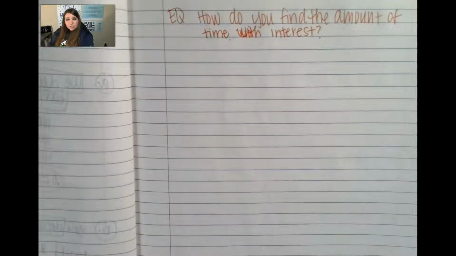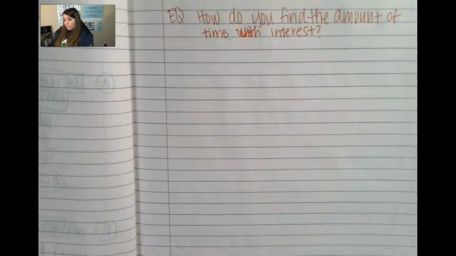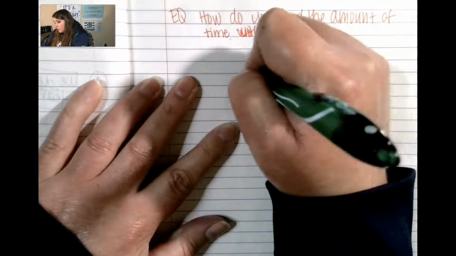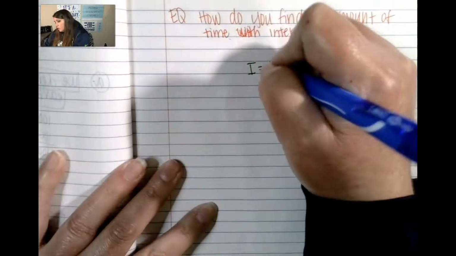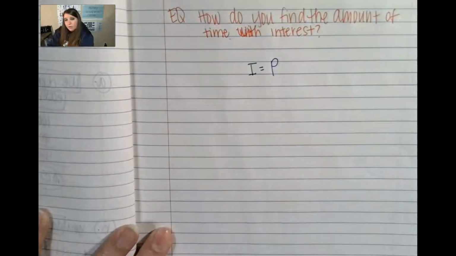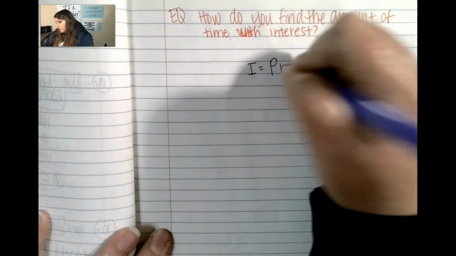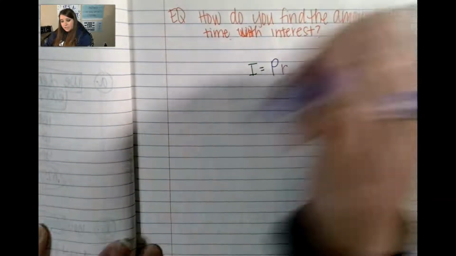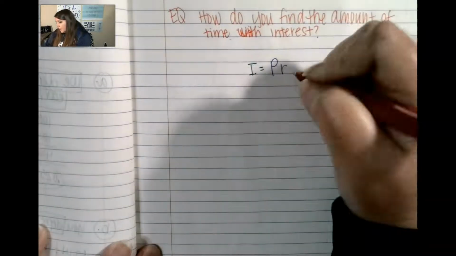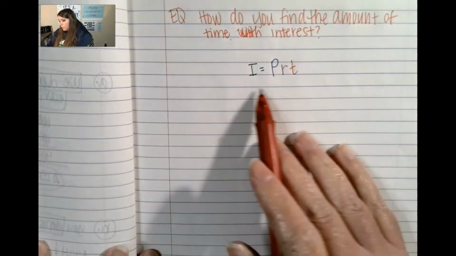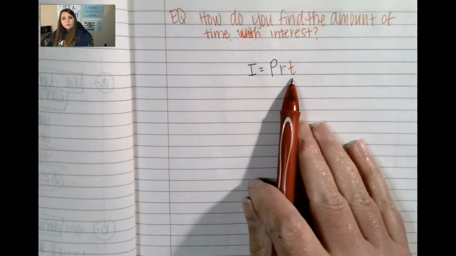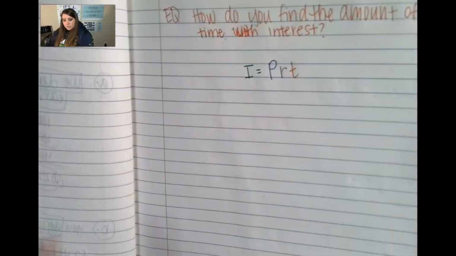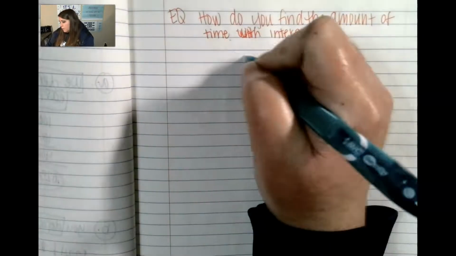Today we're still using that exact same formula. Interest equals our principal. By now you know that's what we've deposited. The rate, which is an interest rate, a percentage, and the time. Today, we will be given I, P, and R. Our job is to look for the time. So we're going to continue to use this formula